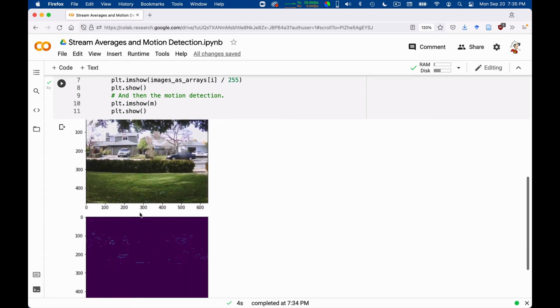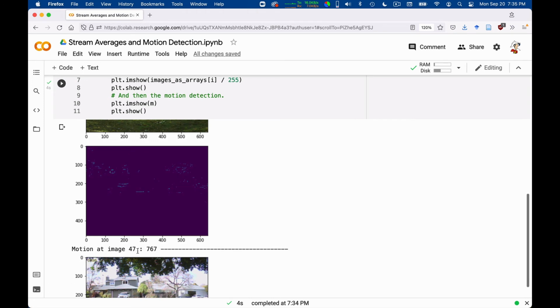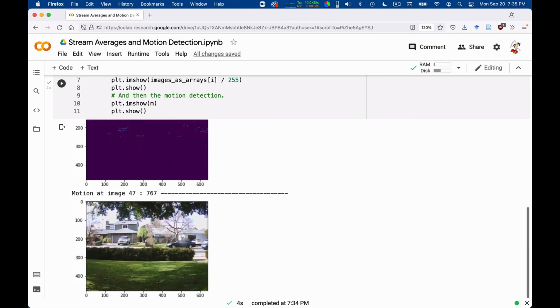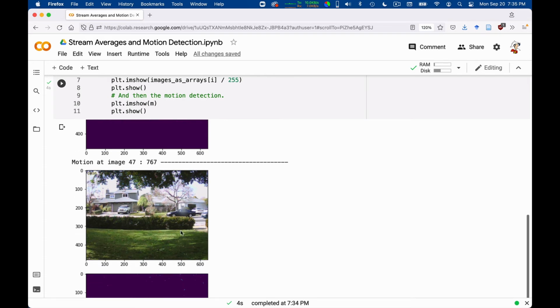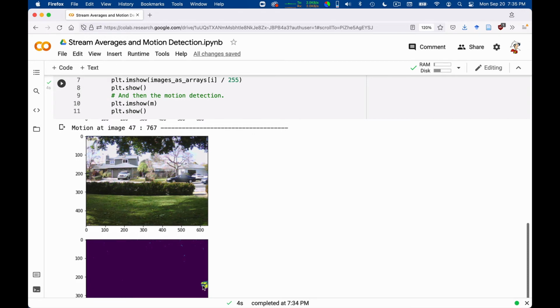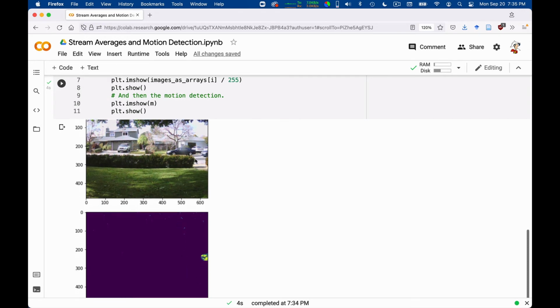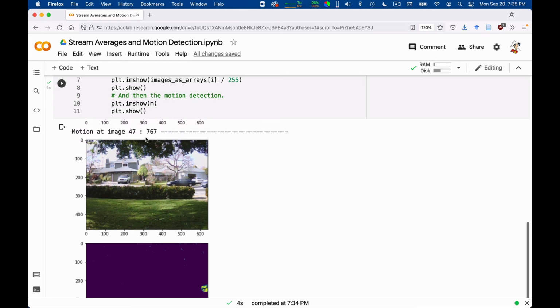You see, from 10 to 47, there is like 37 seconds, you don't detect any motion. Now you start detecting motion again. What is happening? You don't see it very well by eye, but if you look at the pixels that moved, something is there. You see the nose of this car, there is a car nose intruding into the picture at time 47.